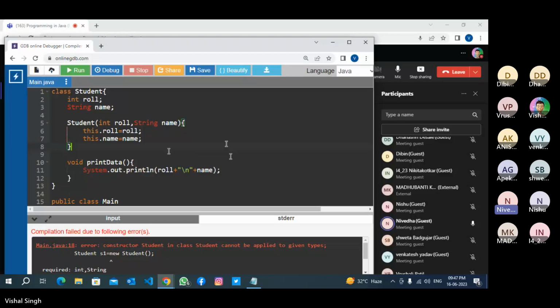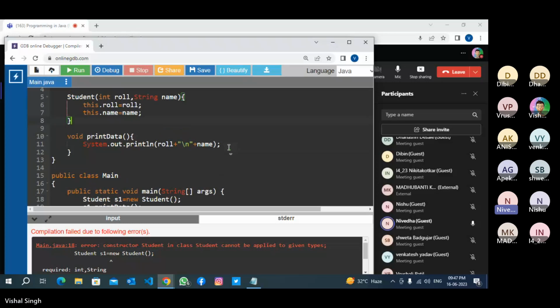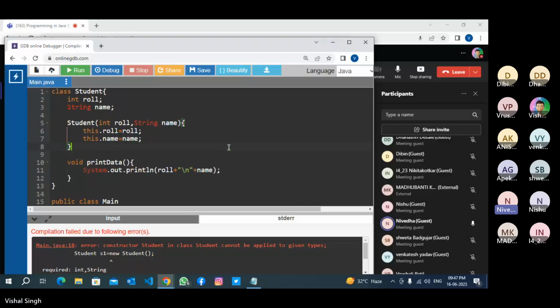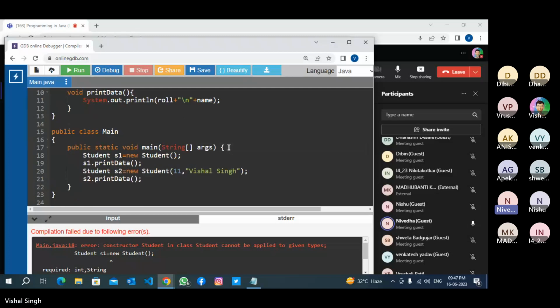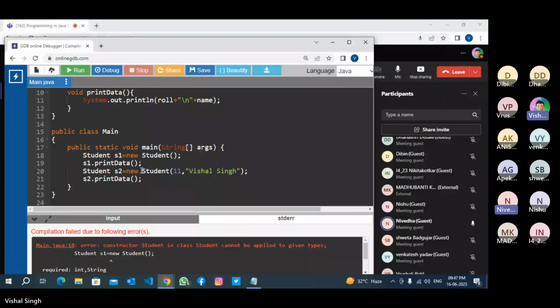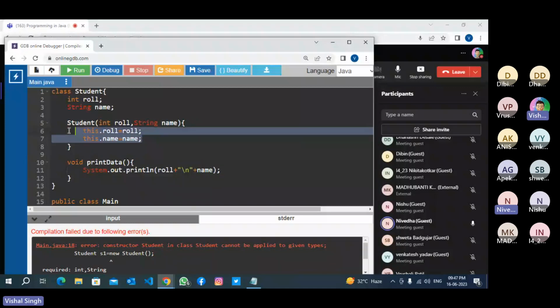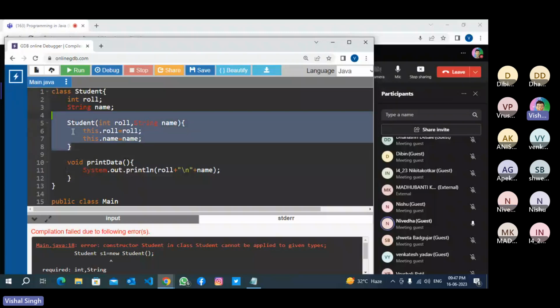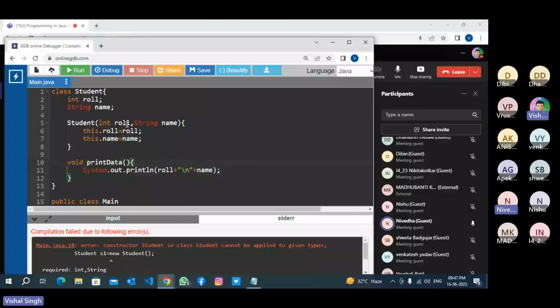Vishal, my connectivity wasn't right when you were explaining this dot inside the constructor. Could you explain why this is being used inside the constructor, just as a pointer? Inside the constructor, I said this dot roll is equal to roll, and this dot name is equal to name. This always refers to the class's member data. We discussed this half an hour before, in the method. If you write here just R and N, there is no any